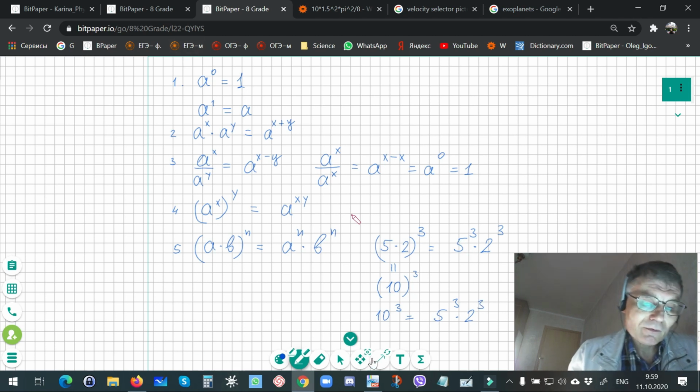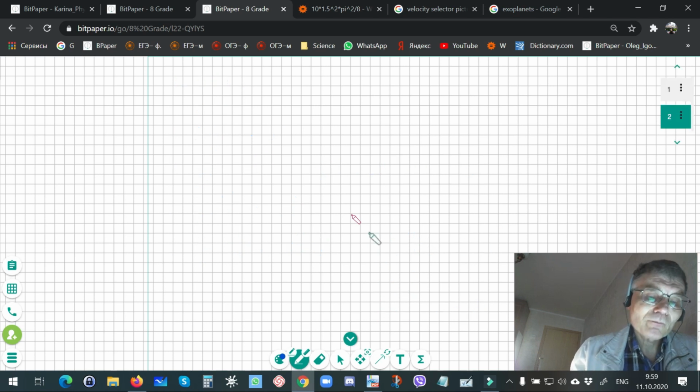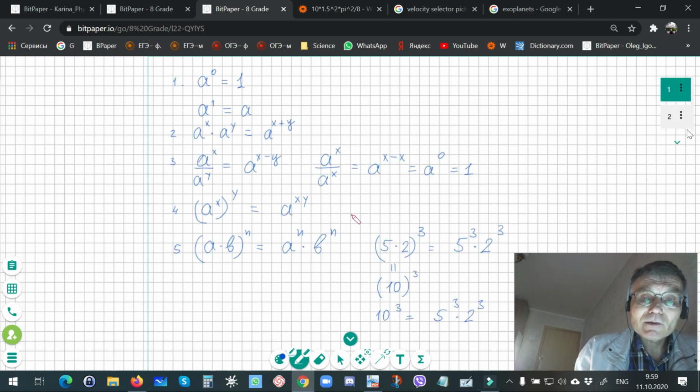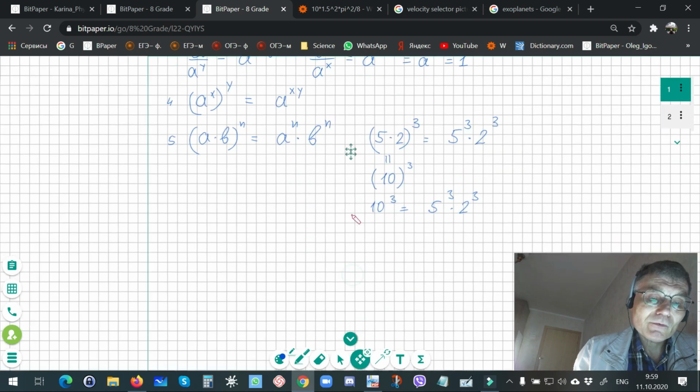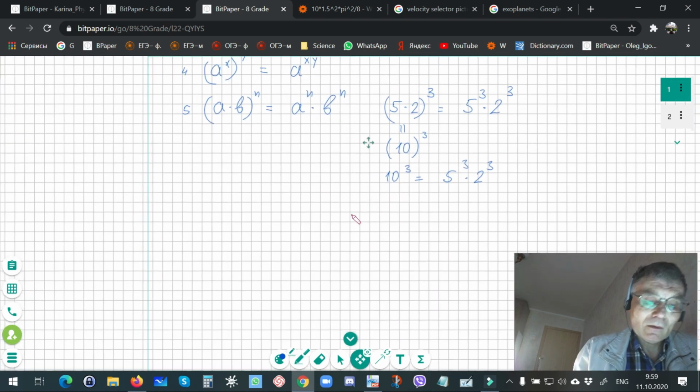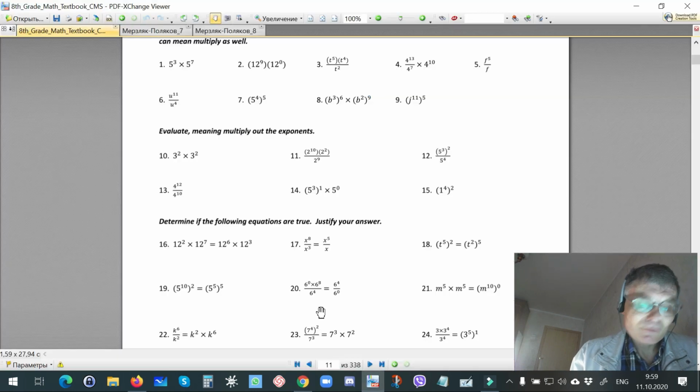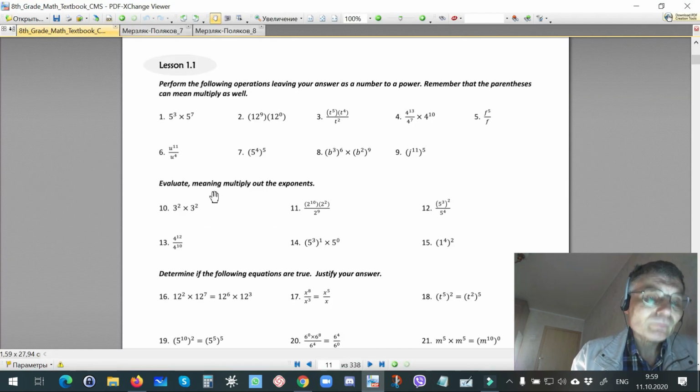Well, let us perform some exercises. So, some exercises. First, I will take them from: perform the following operations, leaving your answer as a number to a power. Remember that the parentheses can mean multiply as well. There is no multiplication sign. I put a dot like in Russian school. There is a cross like also in Russian school everywhere. Okay,